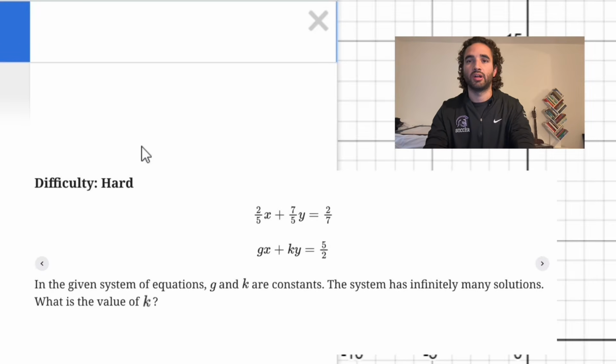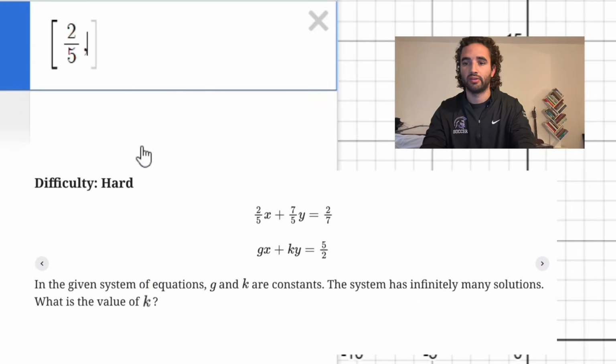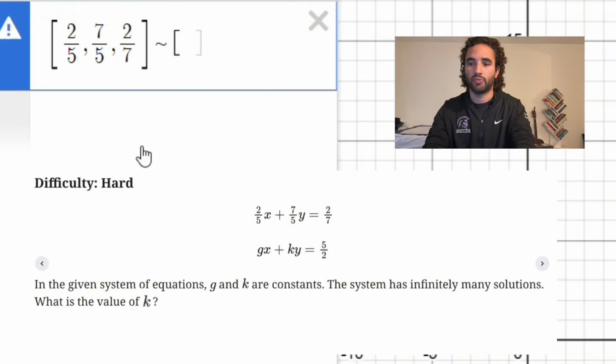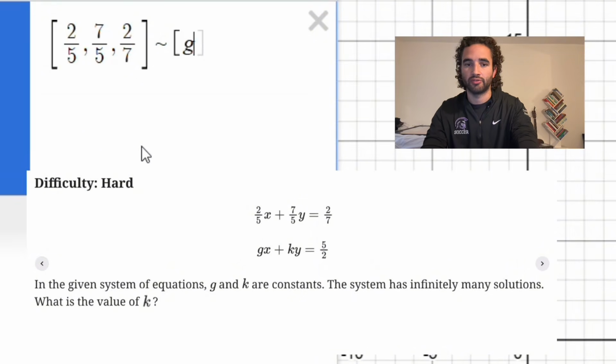Since they tell us there's an infinite number of solutions, we know these are the same equation. So all I have to do to solve a problem like this is take everything in front of my x, everything in front of my y, and my constant from one equation and put it in a bracket. And in the other bracket, I just need to put the same x, what's in front of my x, times